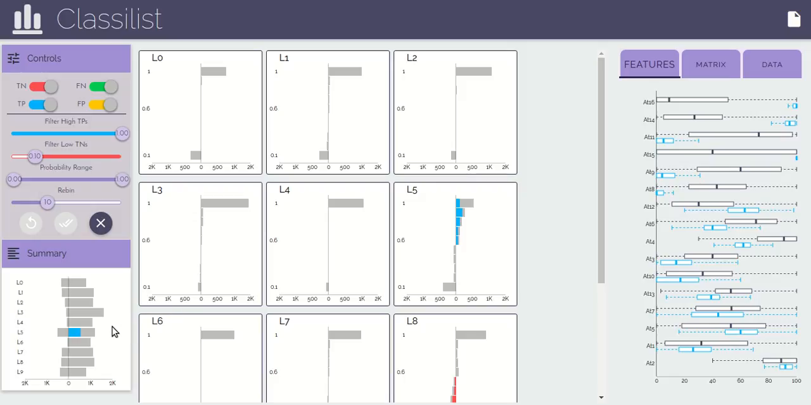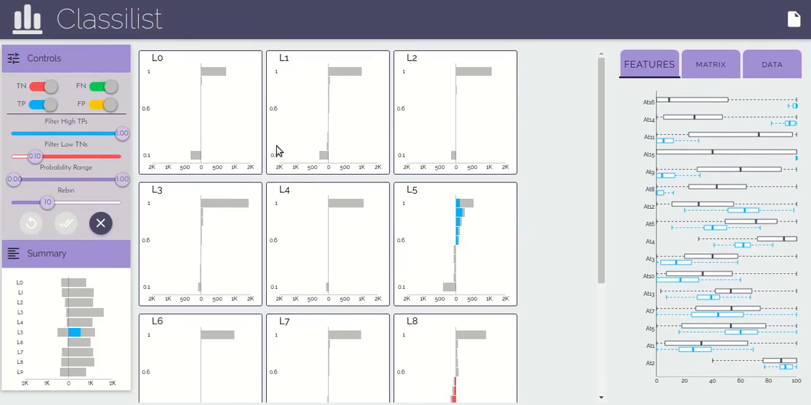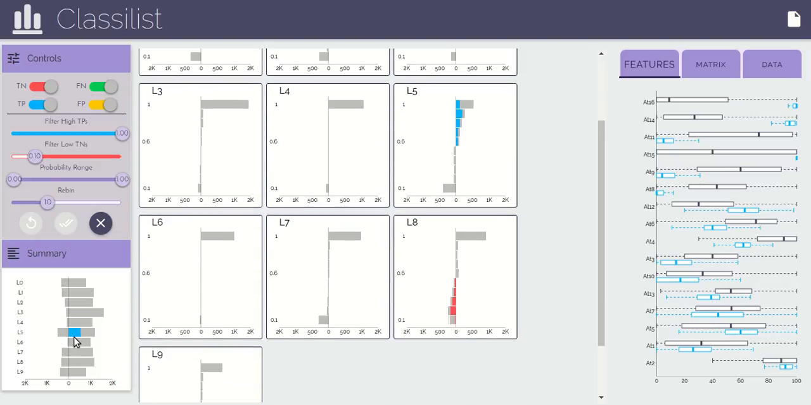So what we have done here is we have selected this data, that is the data that belongs to L5 and has been classified as L5, that are the true positives. So we can see that this data in every other class belongs to the data which is not shown here. That is, if we just stop filtering the low true negatives, we will get to see the data. But for now, we have this data depicted here in L5, that is in true positives, and in L8